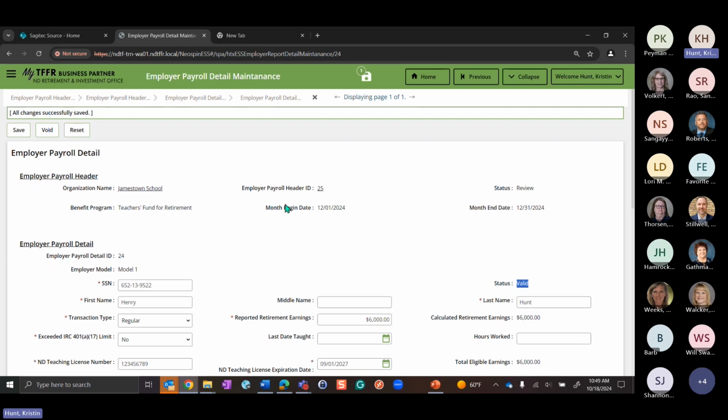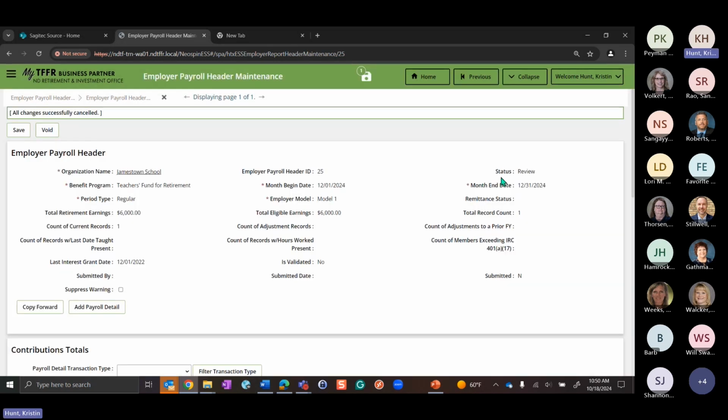So I want to go back to the payroll header, and there are a couple different ways I can get there. If you notice, this is hyperlinked, so I can click here and it'll open it up. I can also use my breadcrumb trail. You'll see we went from the employer payroll detail maintenance, that's the one we're on right now, and we're in the lookup, and then we can go back. So if I wanted to, I can just click on that. There are a couple different ways I can get there.